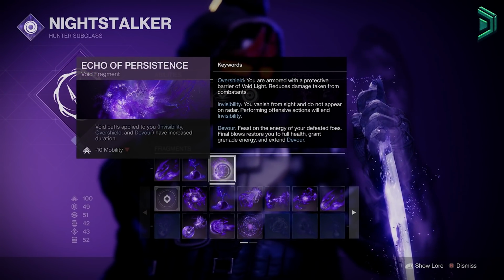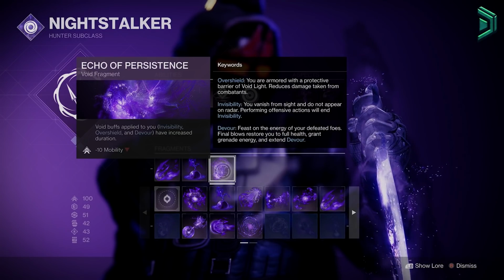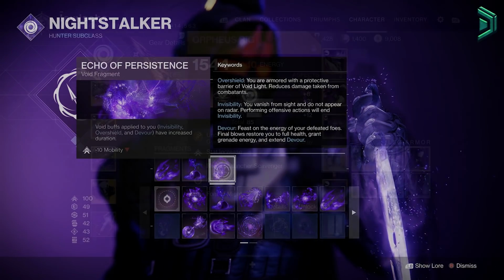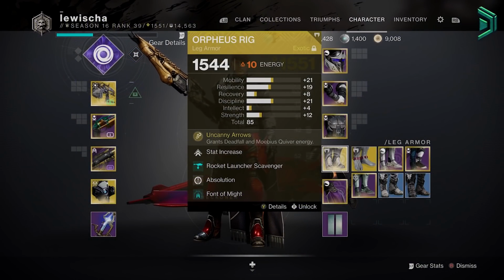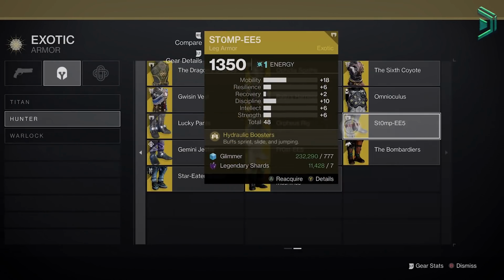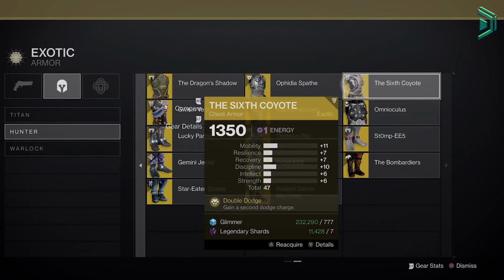But then we also have the Echo of Persistence, where void buffs like our invis will last longer. 100% put that on. For the exotic, we are using the Orpheus Rig. Now, we'll get to that in just a moment, but the other exotics you can use are Graviton Forfeit, Assassin's Cowl, Stompies, Omnioculus, the Sixth Coyote,